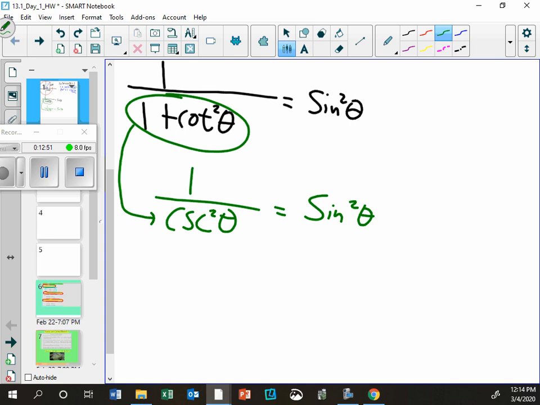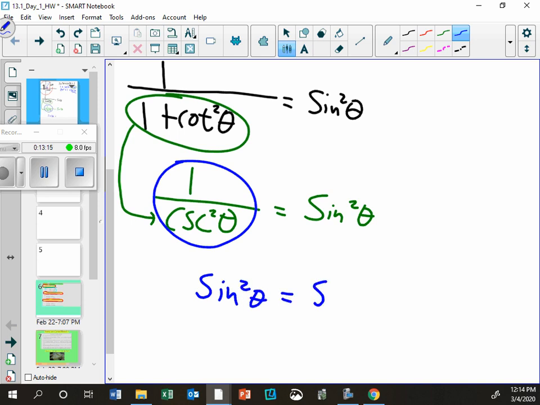Okay, so then, one more thing. I'm going to give you a few more things we'll agree on. I haven't listed this yet, but does anybody know what that is? 1 over cosecant? It's sine. So then if it's 1 over cosecant squared, it would be sine squared. And then this, of course, is itself. Don't have to prove that. Sine is sine, and that's how you end all your proofs, with a fact.